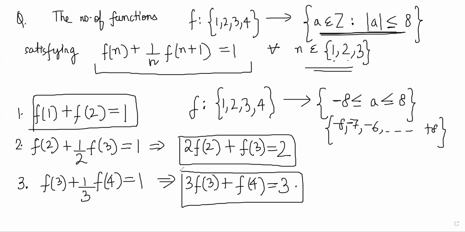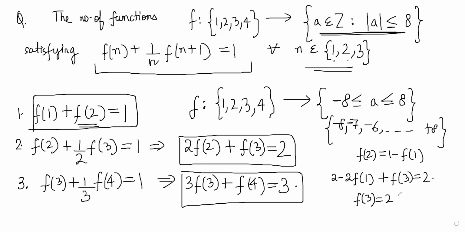So we can try to get a stronger condition by trying to eliminate some of the variables. For example, f of 2, we can try to remove. From here you can put it in here, right? So let's say f of 2 is 1 minus f of 1, and if I put that here, I'll get 2 minus 2 times f of 1 plus f of 3 is equal to 2, right? We are getting 2 gets cancelled, you're getting f of 3 is equal to 2 times f of 1,